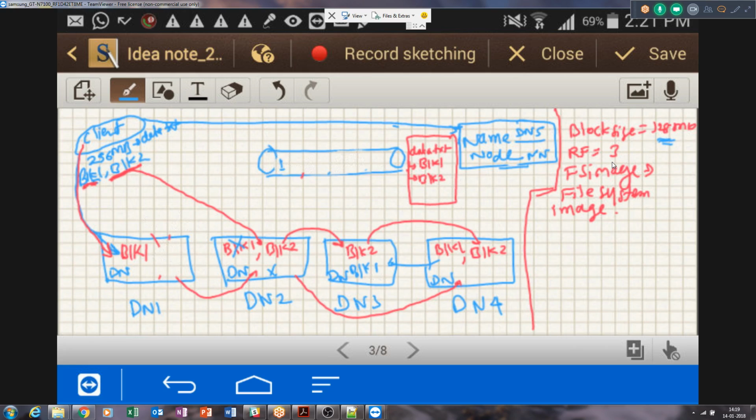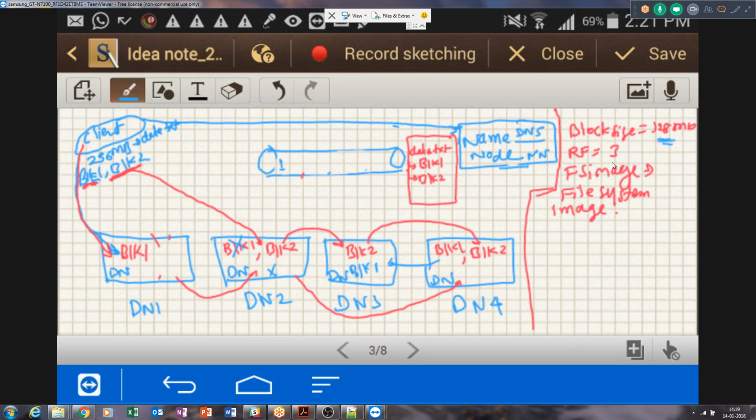It does not promise that at all times you will find a replication factor of 3 for all the blocks, but it will try to keep the replication factor of 3 for all the blocks at all times. That's why the name node keeps itself busy monitoring the overall file system in terms of file to block mapping and block reports. It will scan to see that all the blocks have the mandatory 3 copies across the file system, across the data nodes.